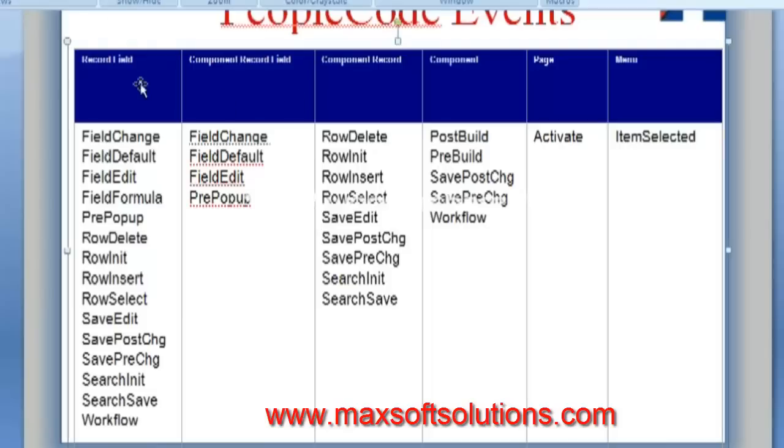You will see 1, 2, 3, 4, 5, 6 objects are available: record field, page, component, component record field, and then a number of objects, a number of events are there. All these are the events, these are the objects. All these are the events. First of all, where is this record field event? Where can we see all these